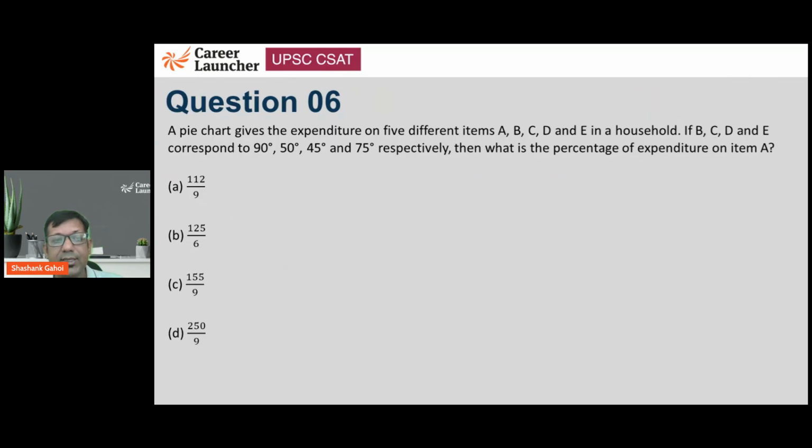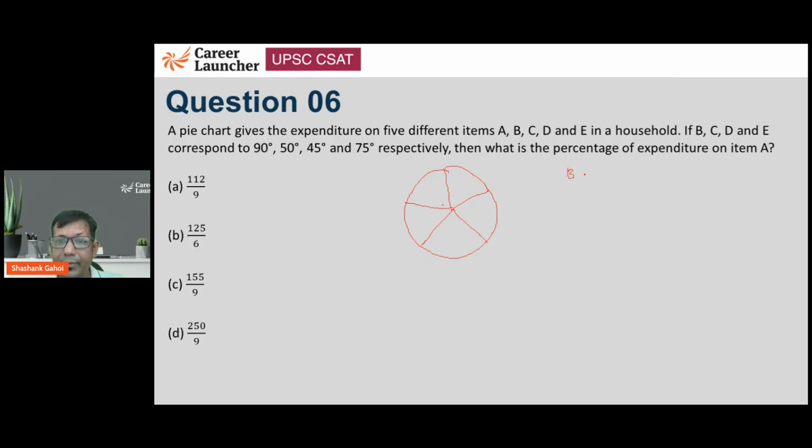What does it says? A pie chart gives expenditure on 5 different items A, B, C, D, E. If B, C, D, E. Okay. So pie chart की बात करें, so pie chart में जो टोटल जो pie chart बनता है वो हमेशा ऐसे बनता है, उसमें से कुछ एंगल इधर आ जाएगा, कुछ एंगल इधर आ जाएगा, कुछ एंगल इधर आ जाएगा, कुछ एंगल इधर आ जाएगा। ठीक है, और सारे एंगल्स का जो सम होगा वो 360 डिग्री होगा।